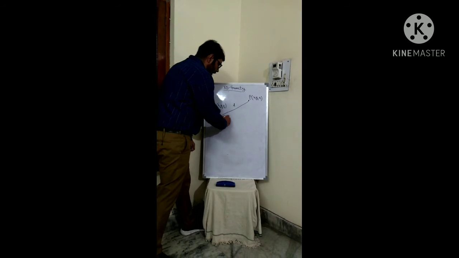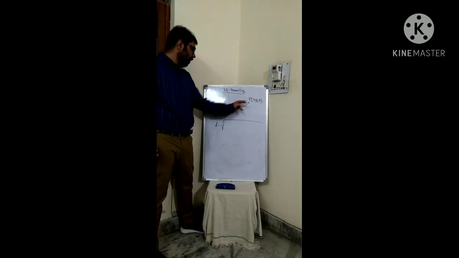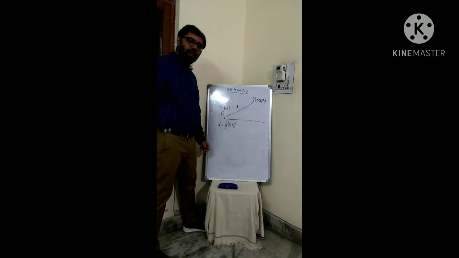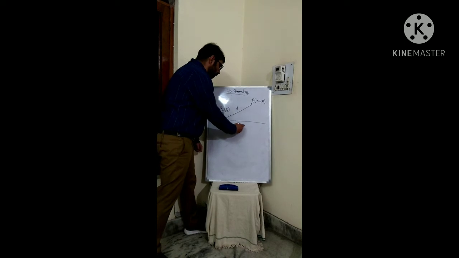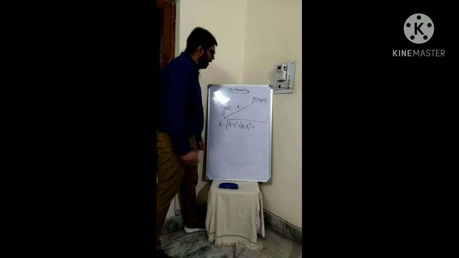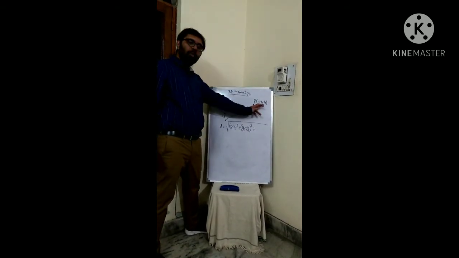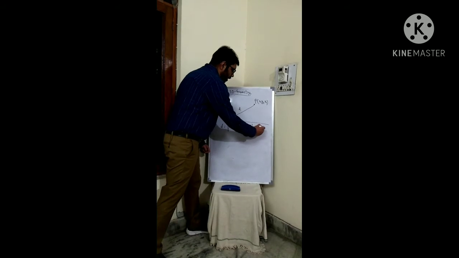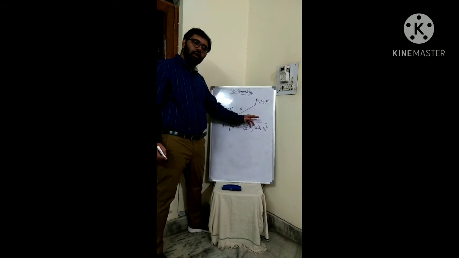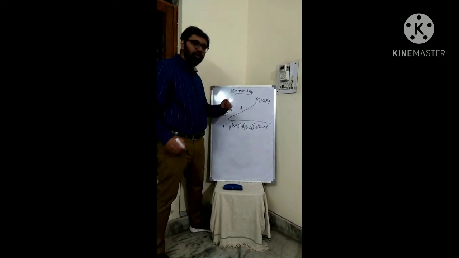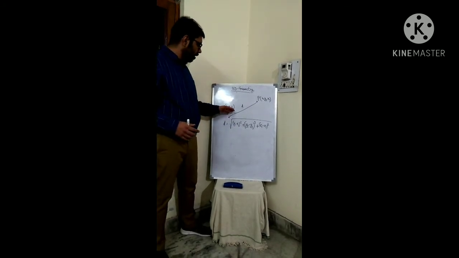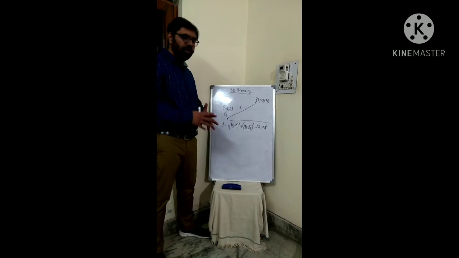So we can apply the distance formula like this. First of all, we take the difference of their x coordinates, so x2 minus x1, and take the square of that. Then we take the difference of their y coordinates, y2 minus y1, and take the square of that. And then we take the difference of their z coordinates, z2 minus z1, and take the square of that. Add all these three terms, and then take the complete square root. So this gives us the distance between these 2 points. I hope you are understanding how I calculated the distance between these 2 points, right?